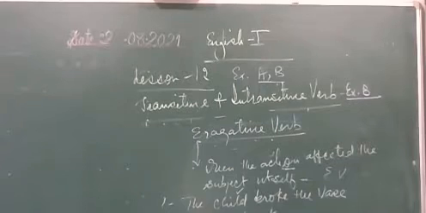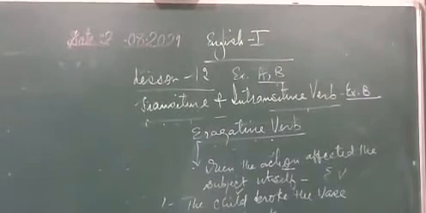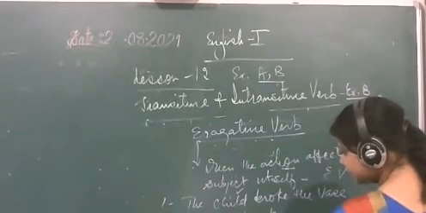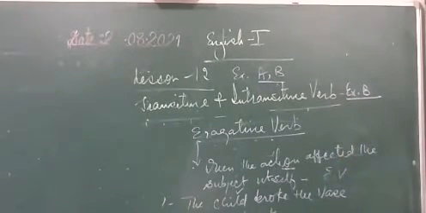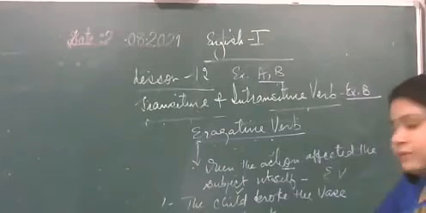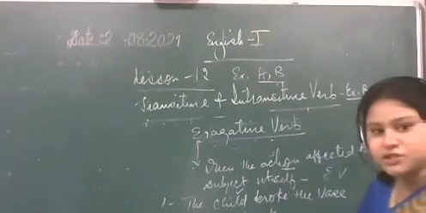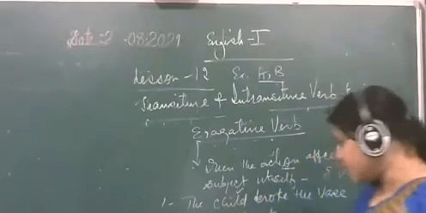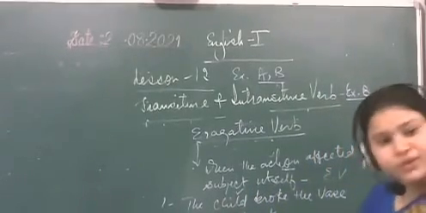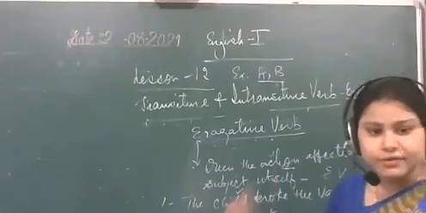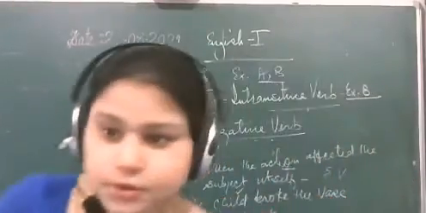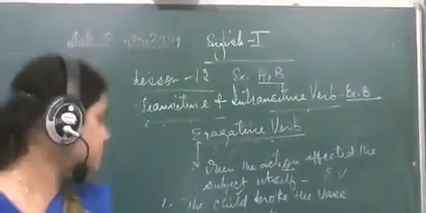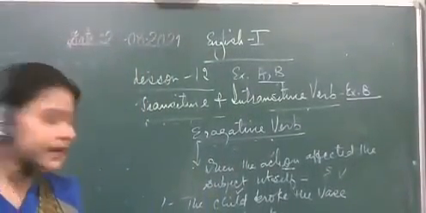So here in the second sentence, you can see that the action affects the vase. Here you can see the vase is the subject and it is only affected. Why? Because it is broken, means your subject is broken. So the action of breaking can be seen on the subject. That is what, vase. Clear, students? So the action of breaking can be seen where, on the subject, that is the vase.